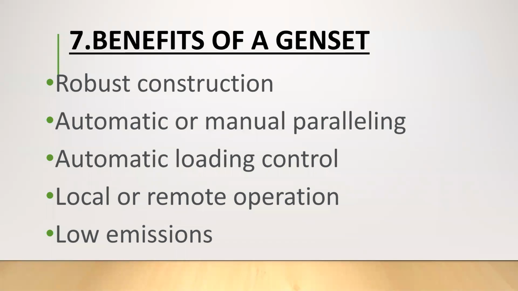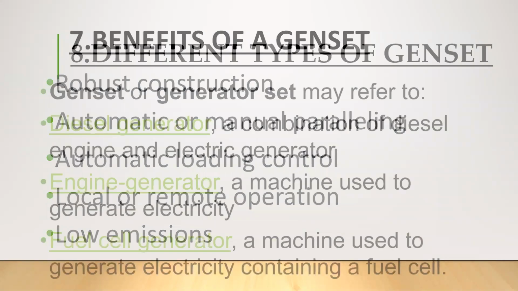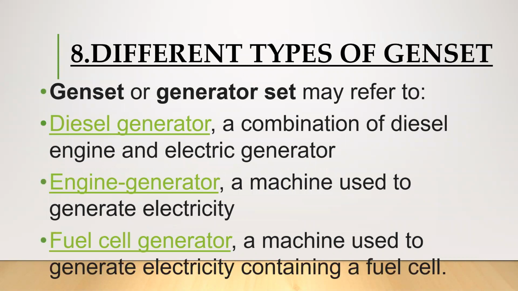Moving on to the next slide. The eighth subtopic is different types of gensets. A genset or generator set may refer to a diesel generator, a combination of diesel engine and electric generator, and